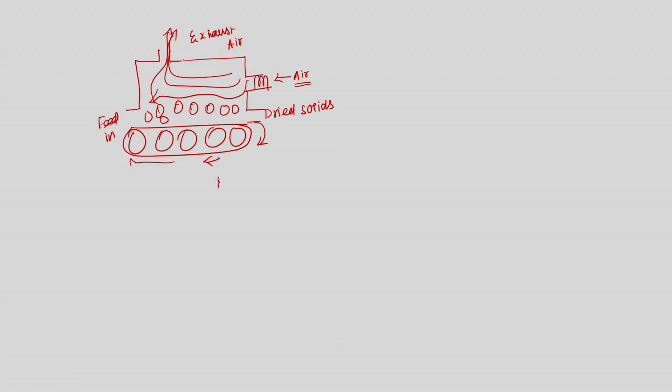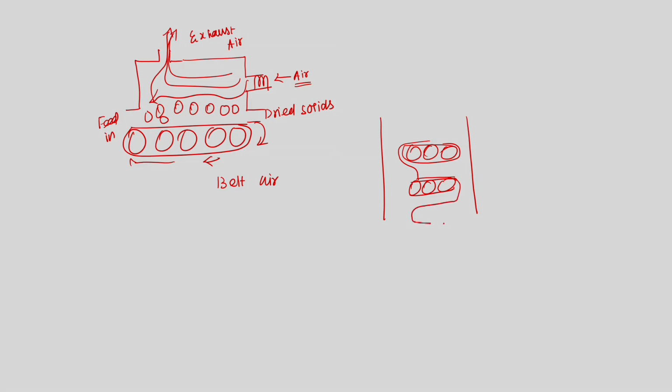So, this is a simple belt dryer, and there are varieties in each cabinet. For example, the total cabinet will be there, and here you have many such belts. The feed comes in from here and goes onto the second belt, and comes here and goes onto the next belt. This will be done in many belts. So, that kind of design is also available.